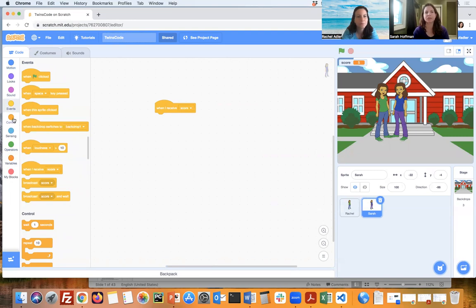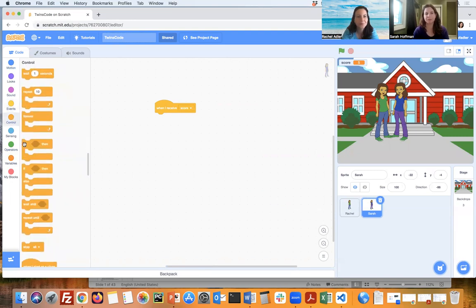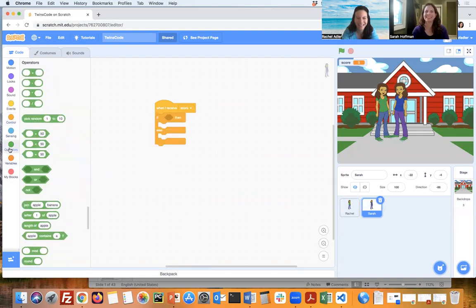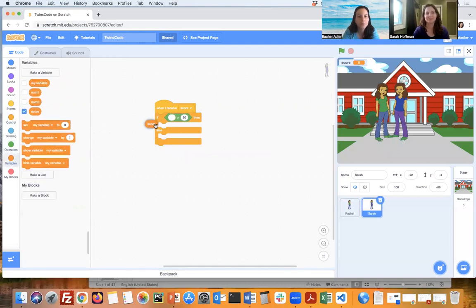Yeah, if the score is greater than 3. You want an if else? Okay. I'll say a bad message too. You can say a horrible message too? Okay. Now we can do it with greater than. That's so good. We didn't use that before. Oh, I like that. And we need score. If score is greater than 3,